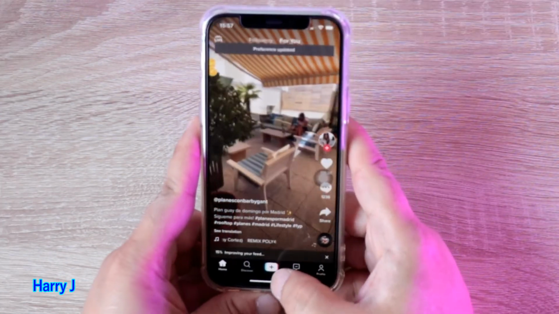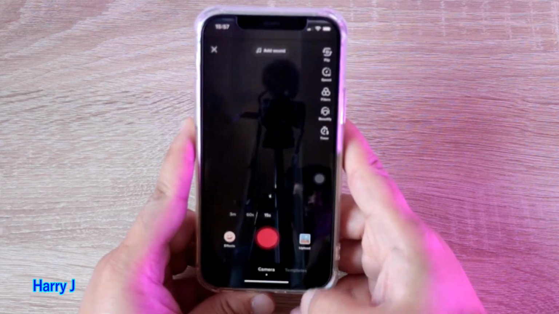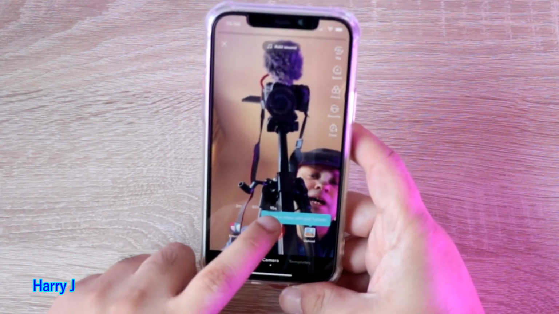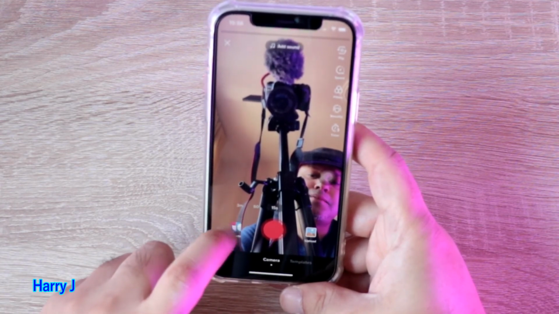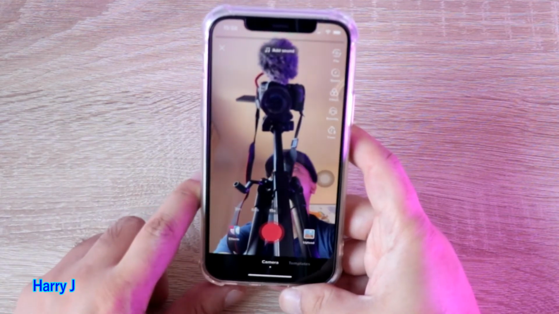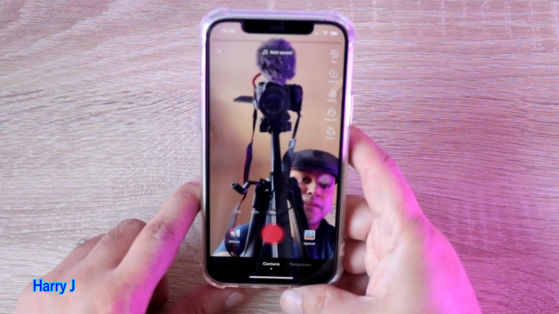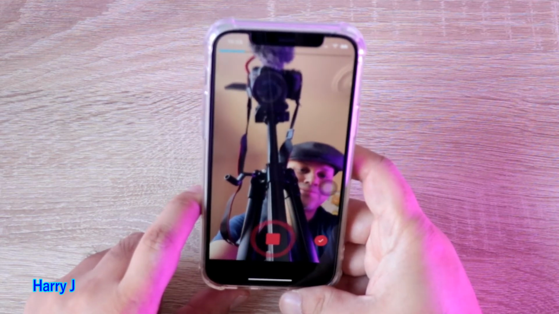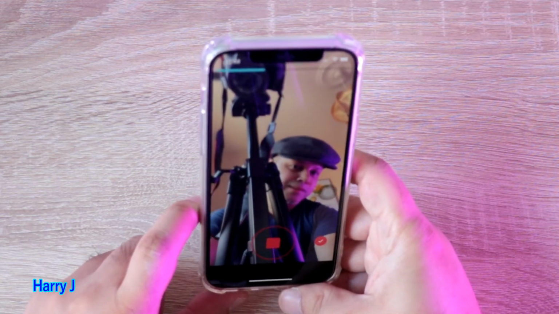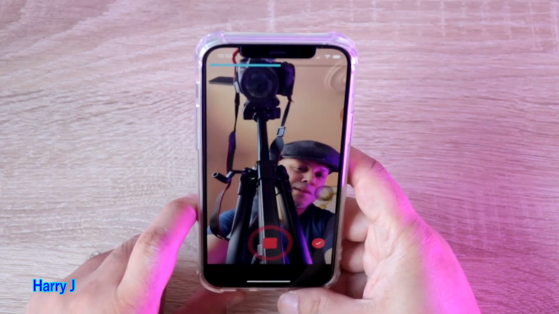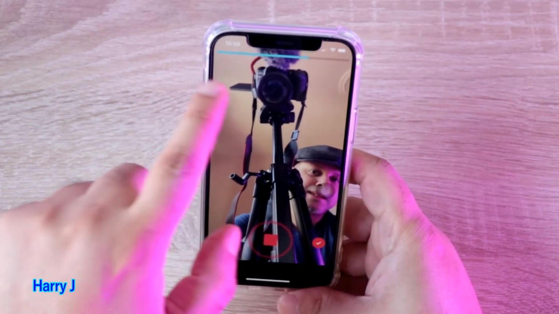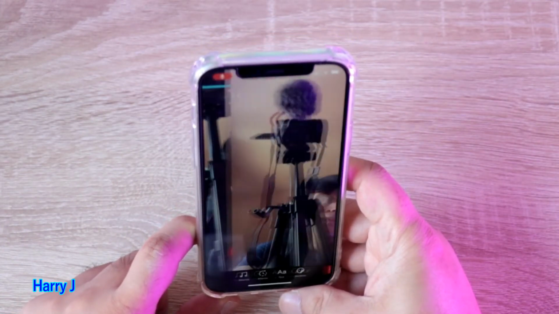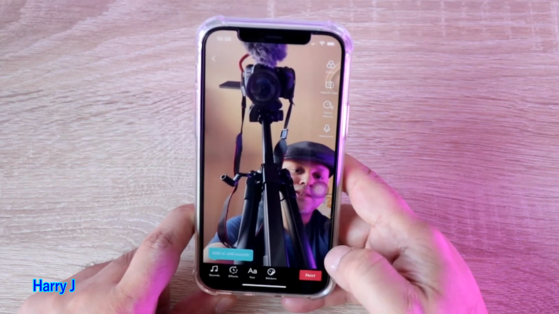You see here one plus button, you hit this one, so you can shoot a video. Here you can see, you have 15 seconds, 60 seconds, 3-minute video as well. I didn't know that you can shoot a 3-minute video with TikTok. So you start this button, now it's recording. Yeah, testing for TikTok video. Okay, let's see. It's giving me time. You see at the top, checking how TikTok video is working. I hit next button